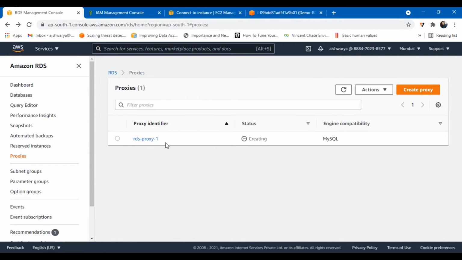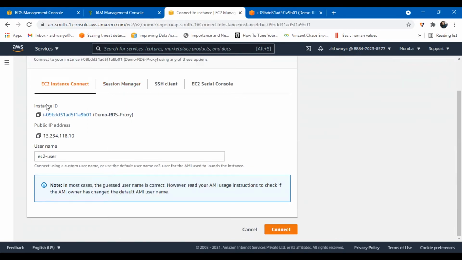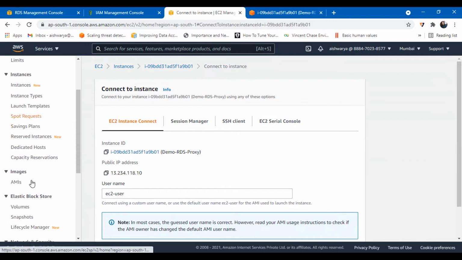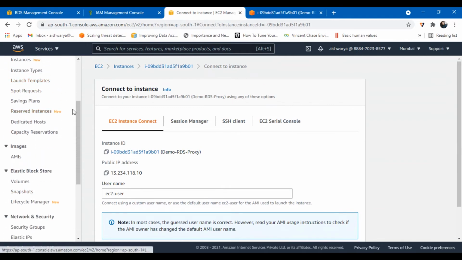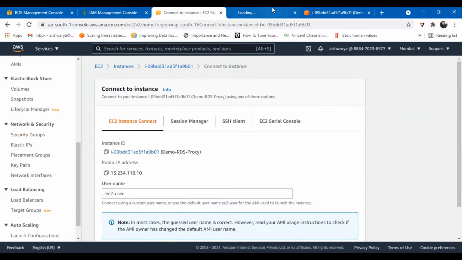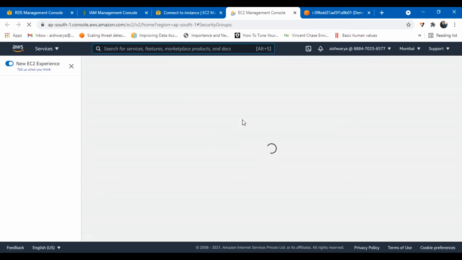So for that, I will go back to the EC2 console and create a new security group, to which I will add the appropriate rules, and then I will come back to the RDS proxy and attach it. Let's create the security group.